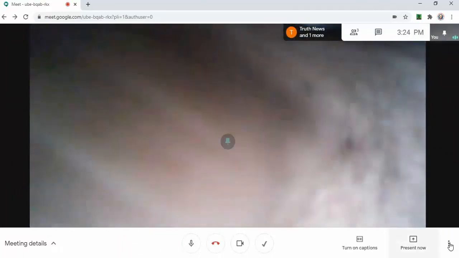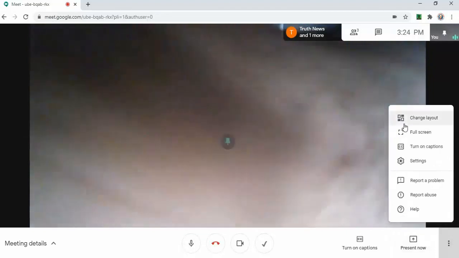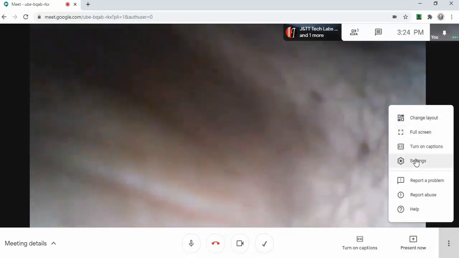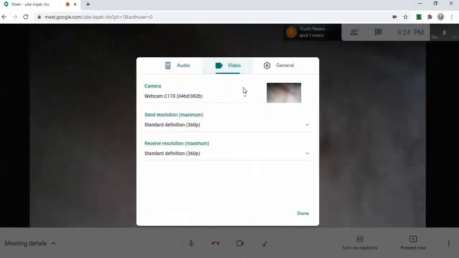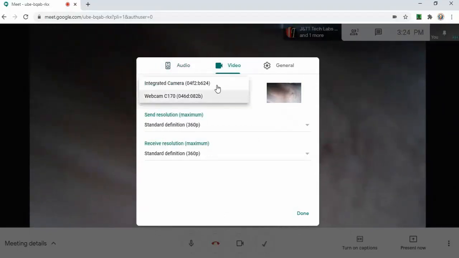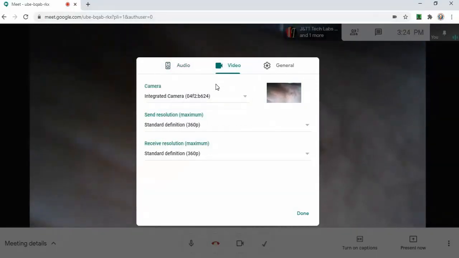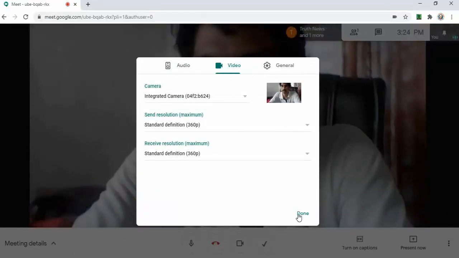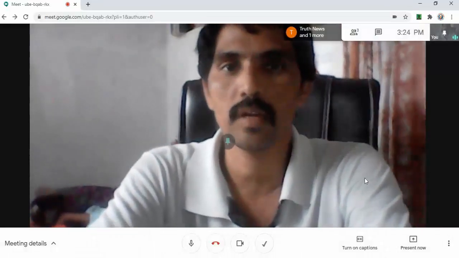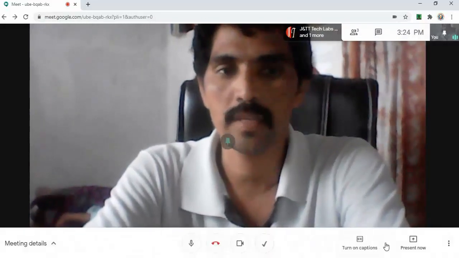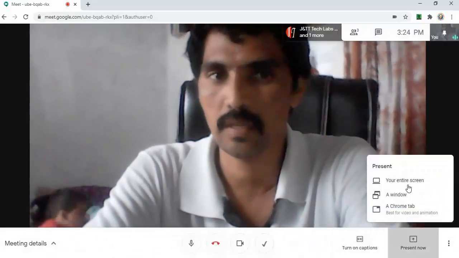Now see here directly when I start the meeting, I connected two cameras to the laptop. Here we are going to see in the audio part, if you go to the settings, there is an audio video part. There is one thing, dual cameras, integrated camera and web camera, two cameras will be there. This default is the camera in our laptop or desktop, it will be displayed.